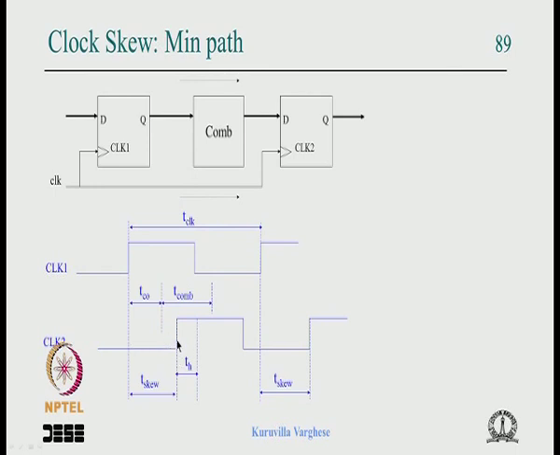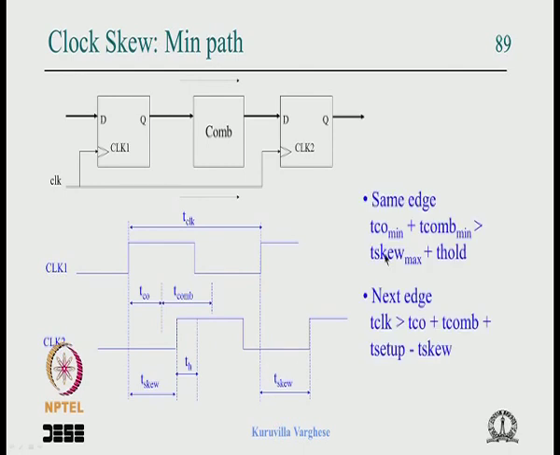Maybe because of this delay, the hold time window comes here. If TCO plus Tcom is minimal, maybe it can violate the hold time. So the hold time violation condition is that TCO min plus Tcom min should be greater than T skew max plus T hold max. So that is the issue with